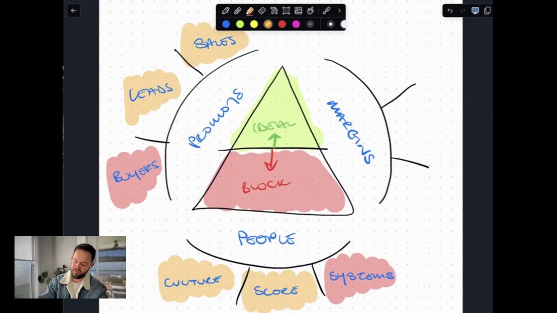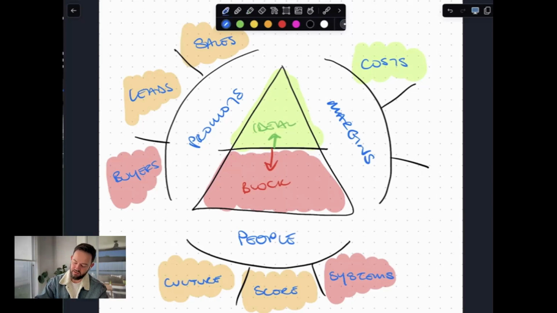Okay. Now, the last area to focus on here is our margins. Now, inside margins, the first area is costs. Costs cause a lot of problems in a business, especially when they blow out with spending too much time doing the wrong thing. So if costs are high and they're all over the place and they're hard to manage, you are red. Okay. But if costs are usually okay, but sometimes get out of hand, well, then you're going to be yellow. And if you have solid cost controls, your costs are predictable, well done, because that is green. And that means that your margins are going to be far easier to maintain.